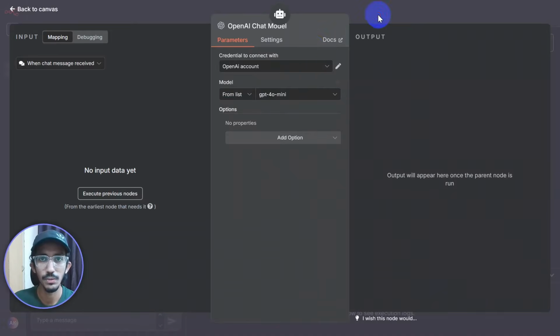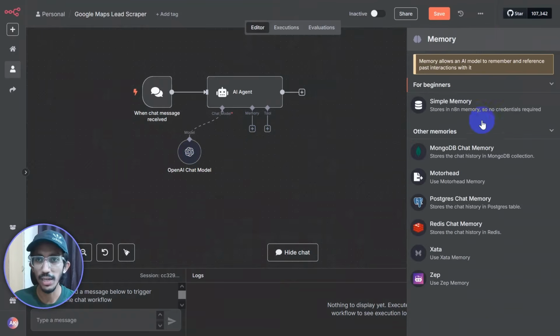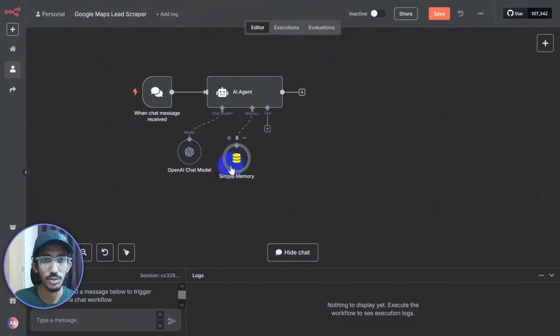Alright, so there goes our OpenAI chat model, and we can add a simple memory here, otherwise the agent won't remember our chat or whatever we typed in previously. So context window length, we can make this 10 or even let's say 15. No worries. There goes our simple memory,